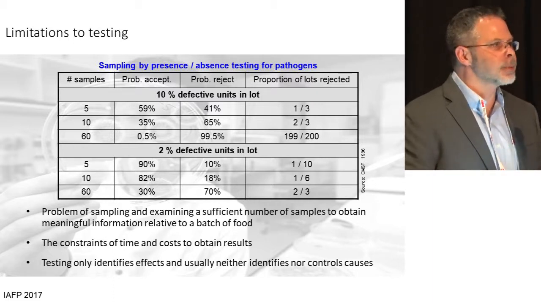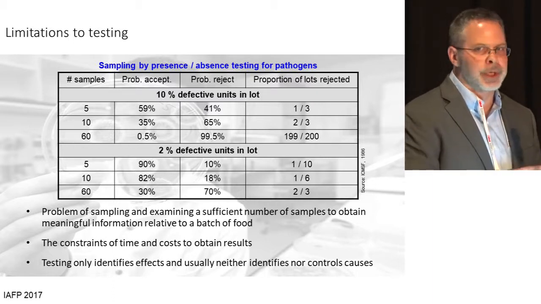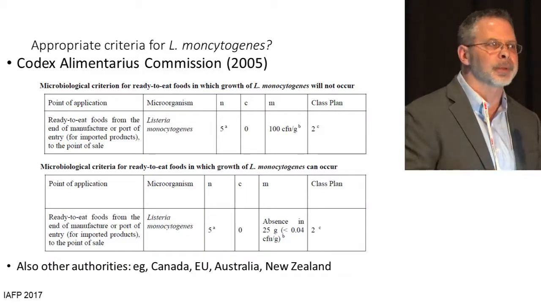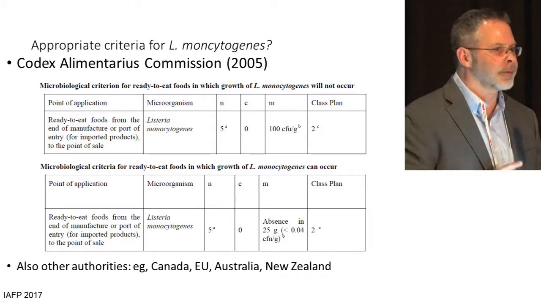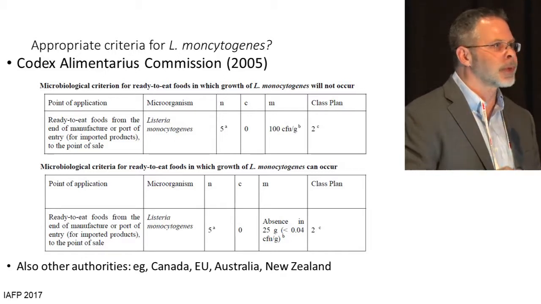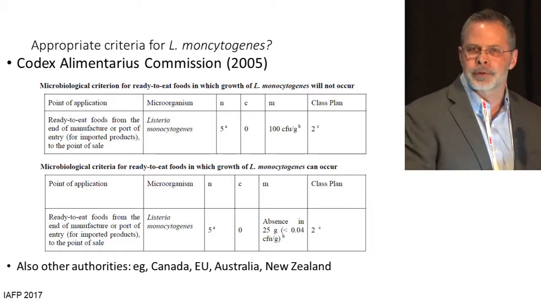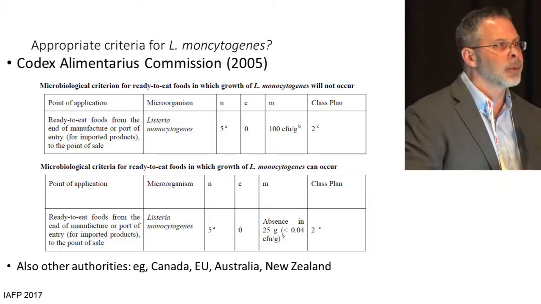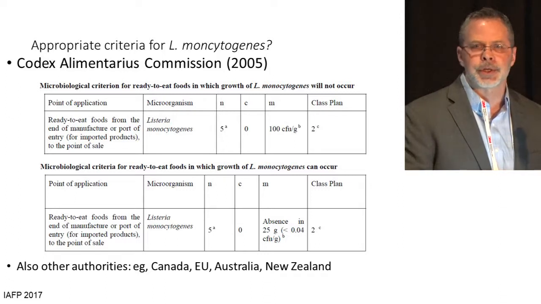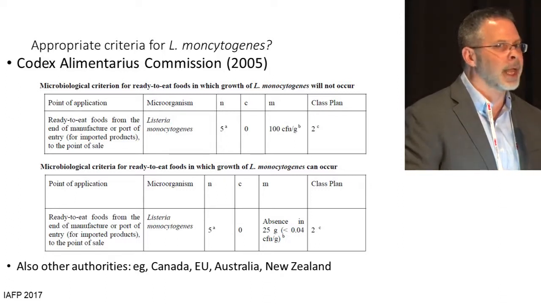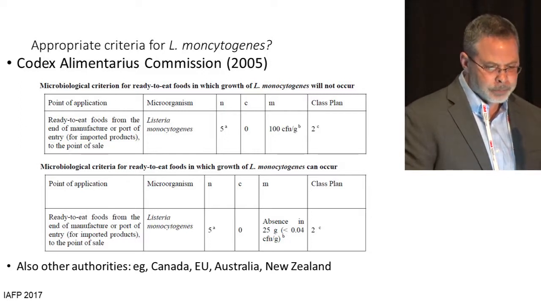There'll be some discussion tomorrow on the various standards for Listeria, so I won't dwell on that, but just to say that we also have some complexity when we have standards that vary from country to country. Listeria is not the only example, I'm going to talk about pesticides as an example in a minute, but we have several examples where there's inconsistency, and this can cause some challenges also in managing risk, particularly if we have a supply chain that is multinational.